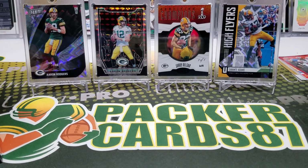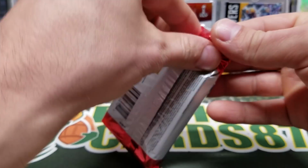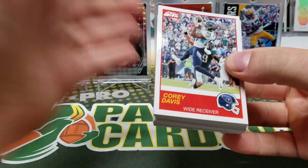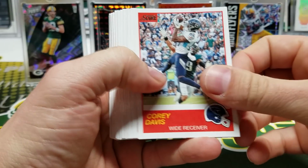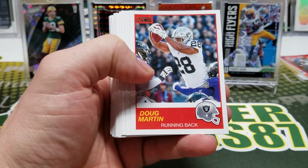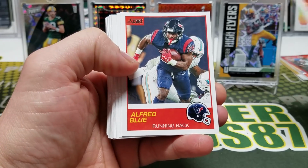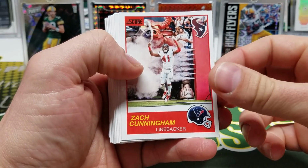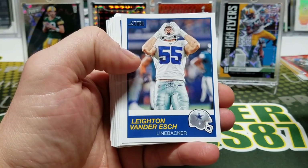All right, so we haven't gotten an auto yet. We're looking for 4 autos in this box. So as we creep down the packs, they got to be in here. Corey Davis, Herman, Justin Tucker, Doug Martin, Sean Williams, Alfred Blue, Callaway. Great picture of Zach Cunningham. Van Der Esch,